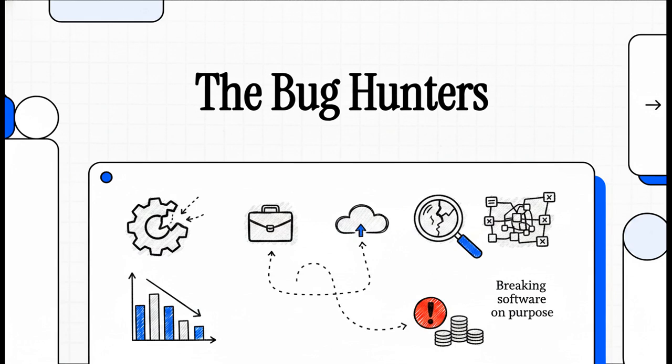Welcome to This Explainer. Today we're unpacking an incredibly fascinating document. We're looking at an award-winning test catalog from the Anthropic Claude Code Hackathon that specifically exposes the subtle, hidden flaws in complex financial logic. We are going to explore the dark art of breaking software on purpose and uncover why thinking like an adversary is absolutely the only way to build truly resilient systems.